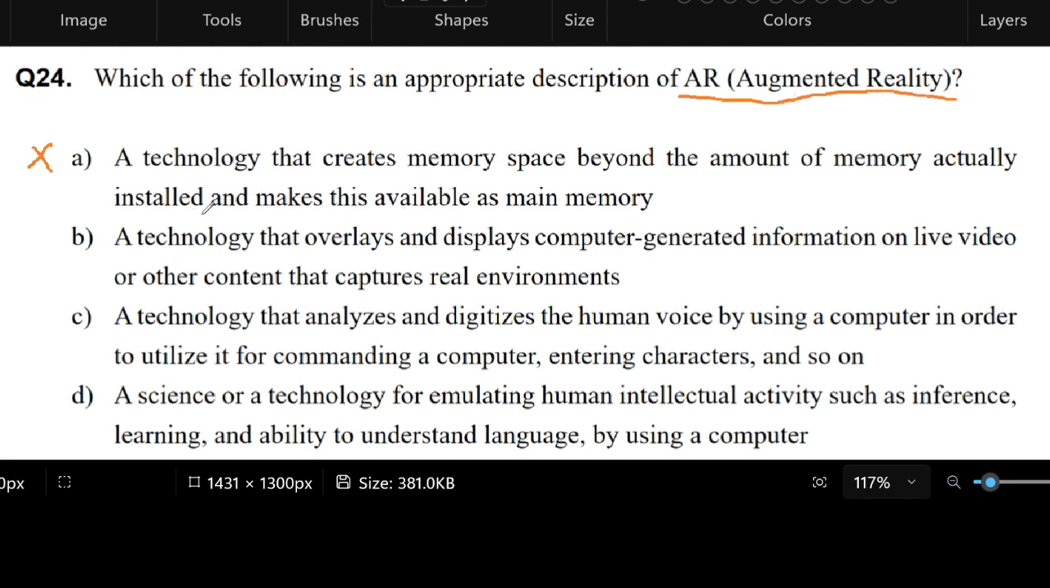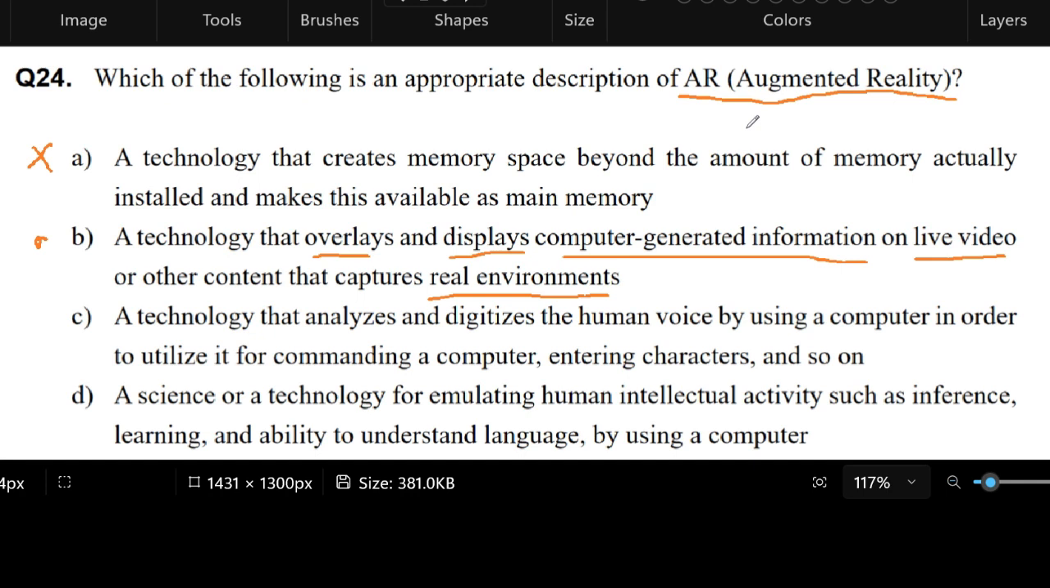Letter B, a technology that overlays and displays computer-generated information on live video or other content that captures real environments. I think this is a likely answer. Let's put a mark here. Why? Because we have words like real environments, live video, and overlays, displays, computer-generated information. So I think these are words that pertain to something about reality and something about augmented, which means